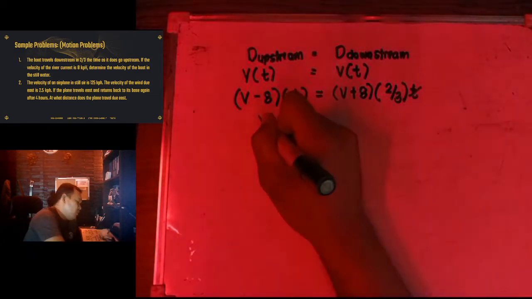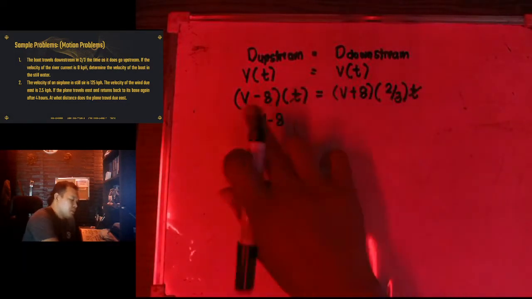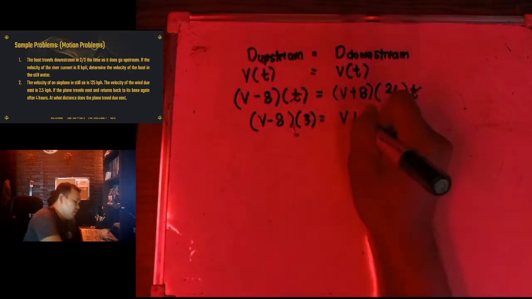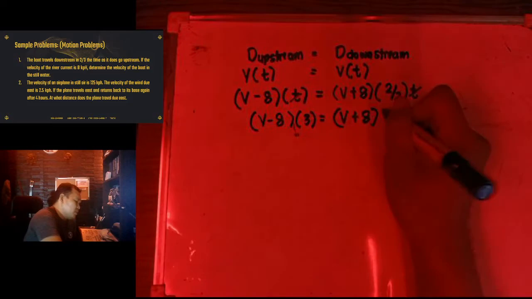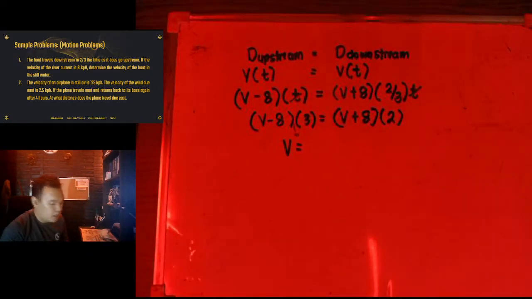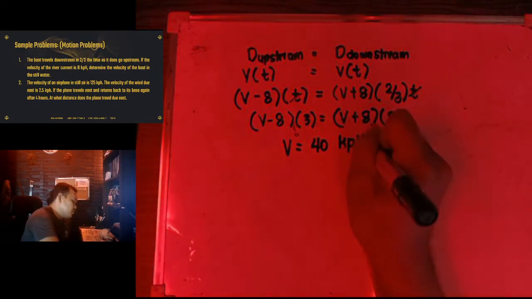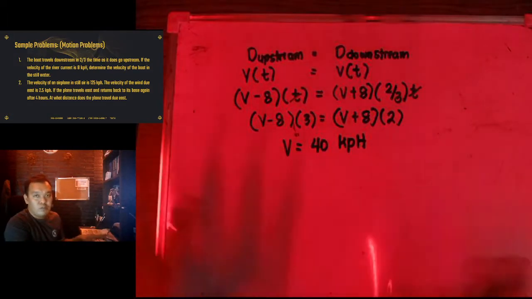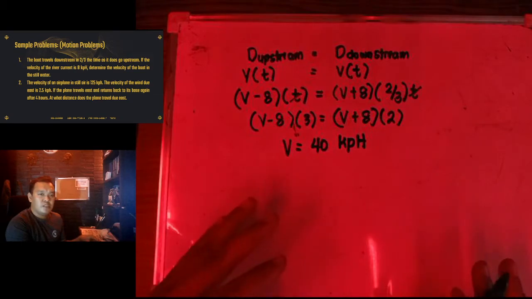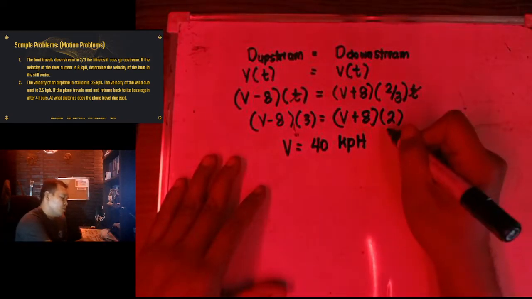So, v minus 8 is equivalent kay multiplied, itong 3 ilipat ko sa kabila, magiging times 3 is equivalent kay v plus 8 times 2. Then simplifying the equation, velocity will be equivalent kay 40 kph. No? Kung hindi kayo marunong mag-simplify, solve nyo siya. Pero syempre, para mas gumana pa yung utak nyo, simplify nyo ng mas maayos. So, kung simplify pa natin yan,